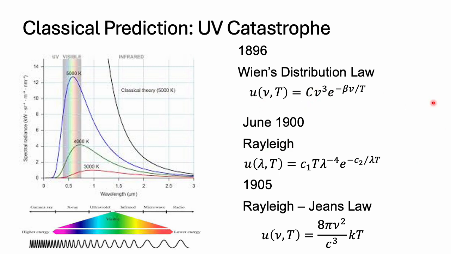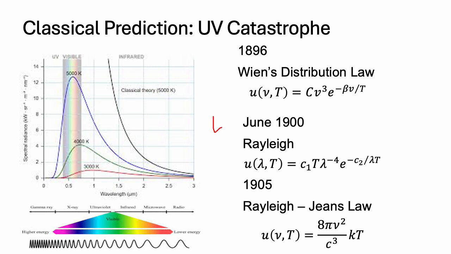And in 1900, Max Planck proposed a revolutionary idea to resolve this UV catastrophe. He suggested that energy is not emitted continuously, but in discrete packets called quanta. And the energy of this quanta is proportional to the frequency of the radiation. So here, if you are very familiar with this